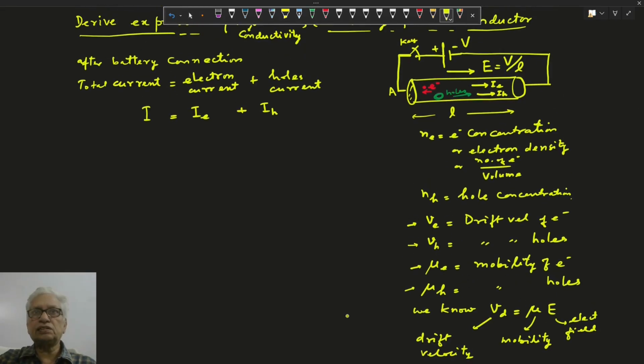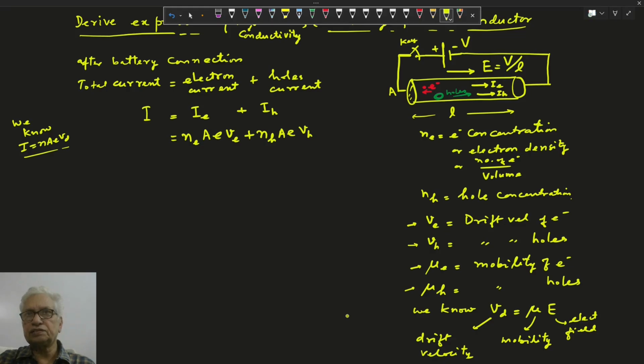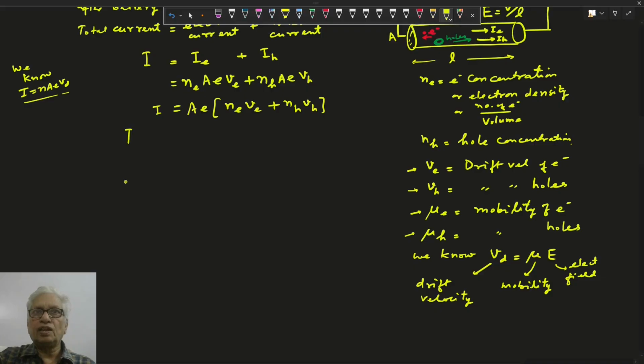Now, the total current is IE plus IH. We know the formula I equals N A e vd, where N is the concentration, A is the area of cross section, e is the electronic charge, and vd is the drift velocity. So for electrons it is NE A e VE, and similarly for holes, NH A e VH, where NH is the hole concentration and VH is the drift velocity of holes. Taking A and e common, we get I equals A e (NE VE plus NH VH). Putting in the drift velocity, mu times E, where mu is mobility and E is the field,